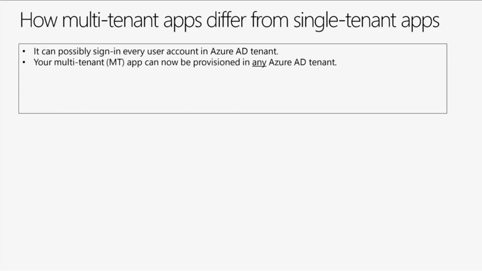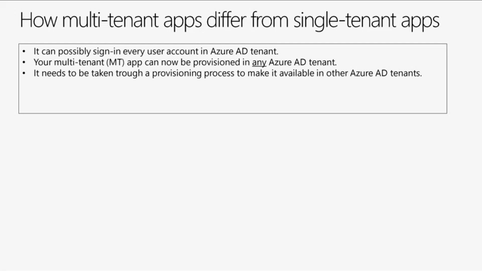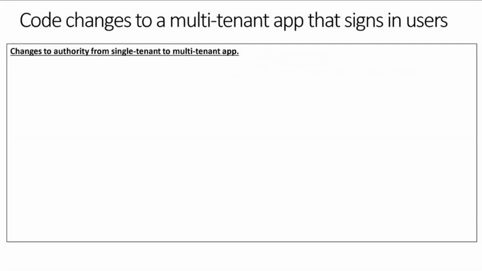And your application actually needs to be provisioned in an Azure AD tenant other than the home tenant for it to be used by users in that tenant. For that to happen, it needs to be taken through what we call the service principal provisioning process, which we will cover in detail today as well.